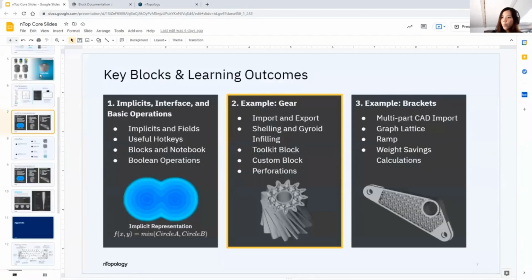So what we've just done is we went through the concepts of implicits and fields. We've used some of the hotkeys and then explored blocks in Notebook, as well as that basic Boolean operation with our sphere cube. Since there are no questions, I will move on to our next block,